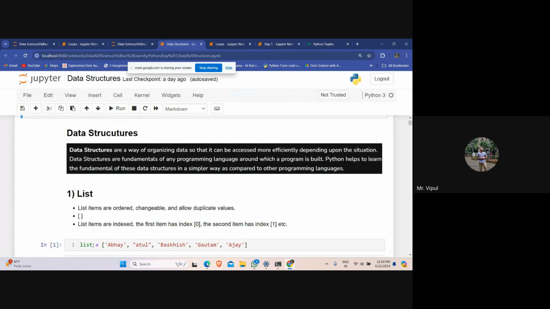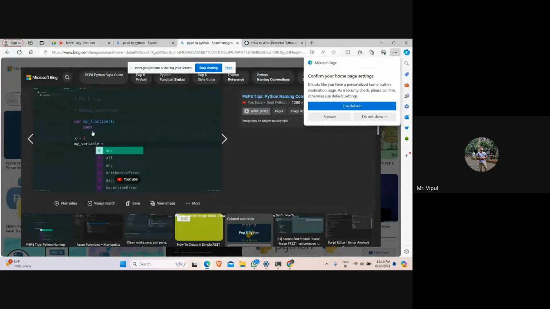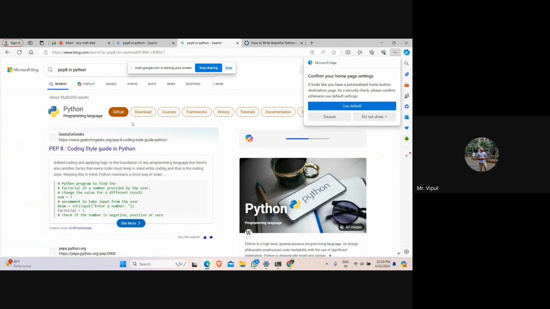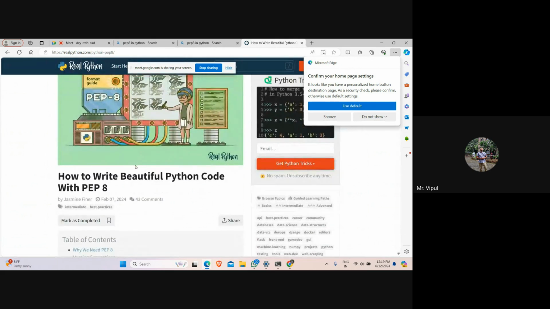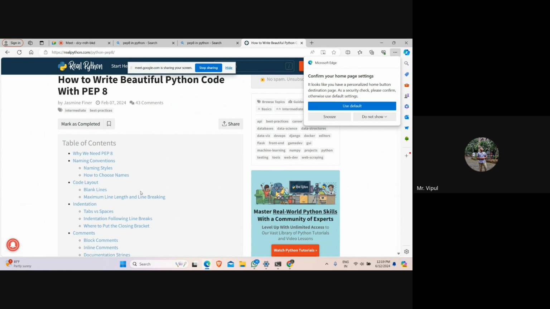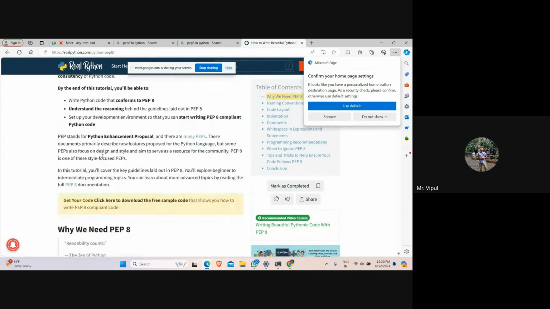See, list, if I write list is equal to, and if I don't give space, right, it does not look good. So this is a style, coding style. Like this there are multiple ways, multiple styles that we need to follow. Right? If you read this, you understand the naming convention, naming style, how to choose names, code layout, indentation, tabs versus spaces.